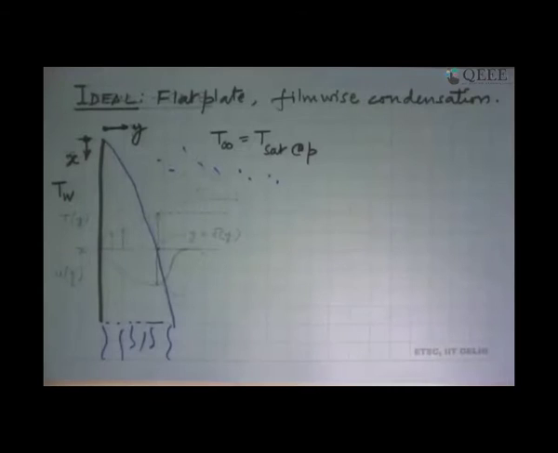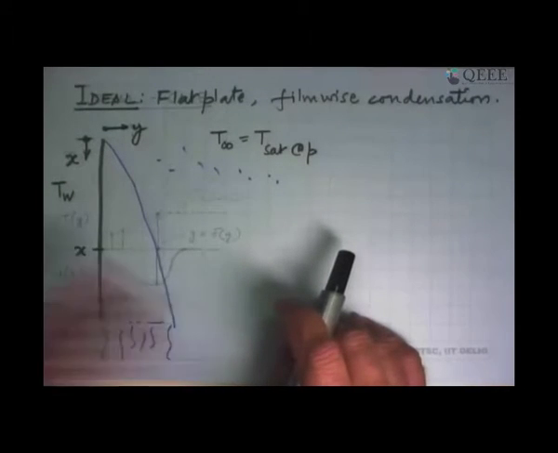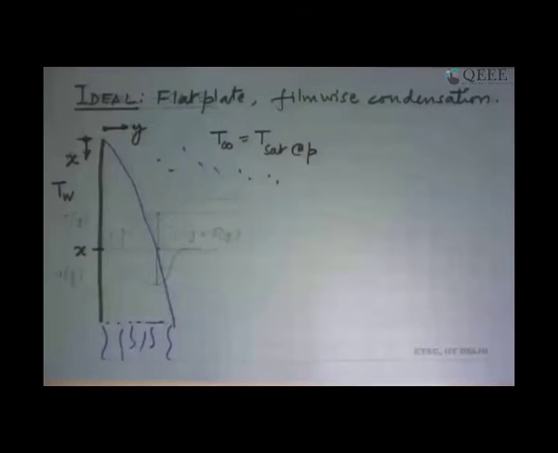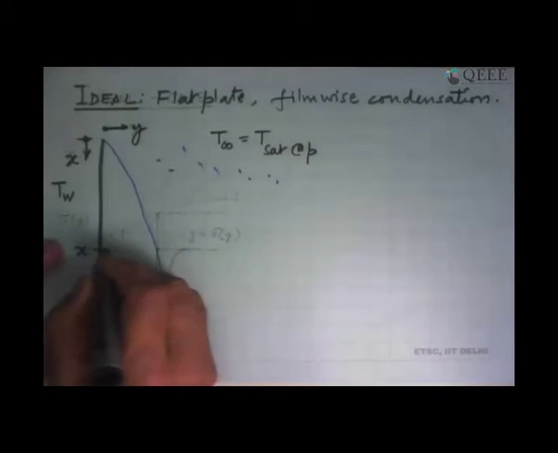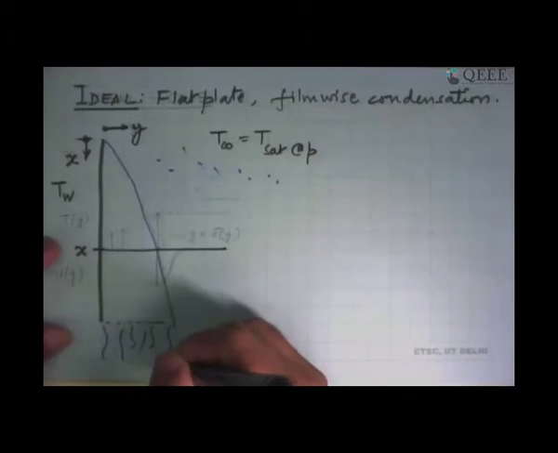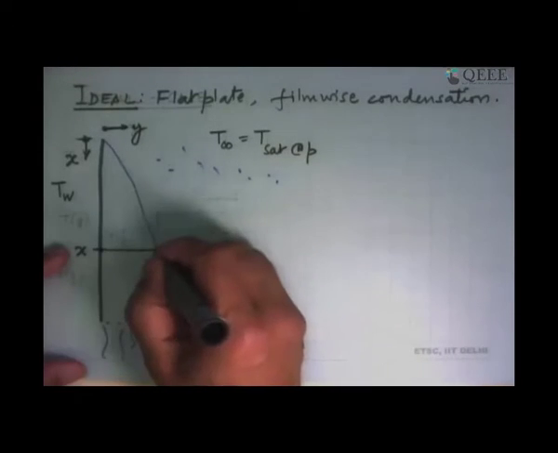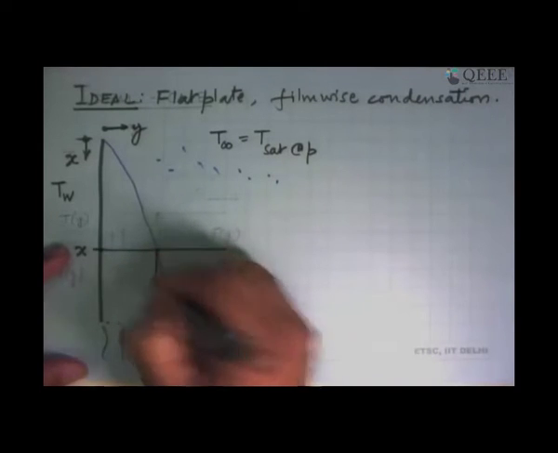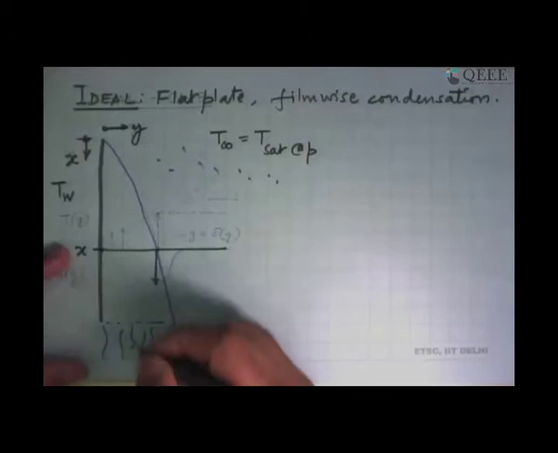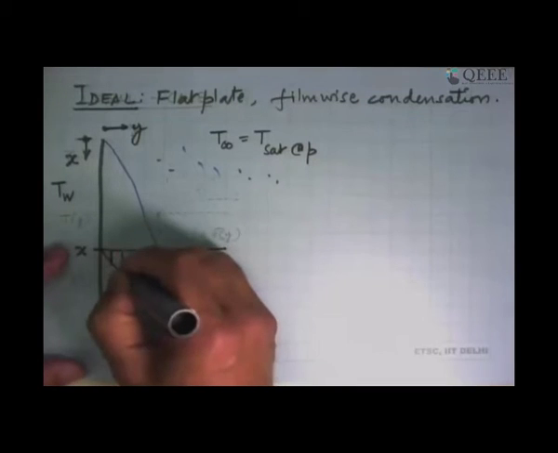So let's take one point on this. We will take, say, here a location x and ask, like what we did earlier, what are the velocity and temperature profiles normal to the surface? Okay, so we'll do two things now. The first thing we will do is plot the velocity profile. So this is our point, and we know that there is a no slip boundary condition, so velocity at the wall has to be 0. And then you have this point where you will have some velocity, maybe the maximum velocity at this point. So from here to here, this velocity will keep increasing. So you have a velocity profile that builds up like that.